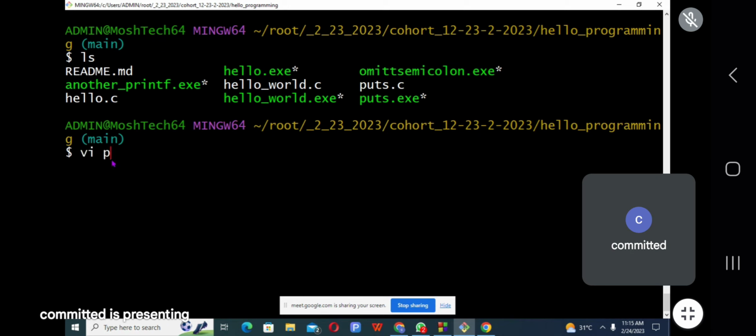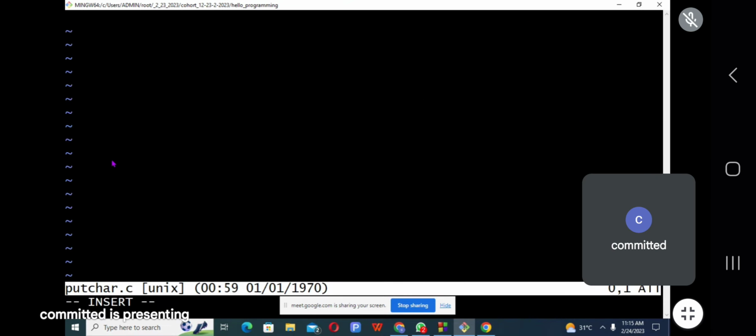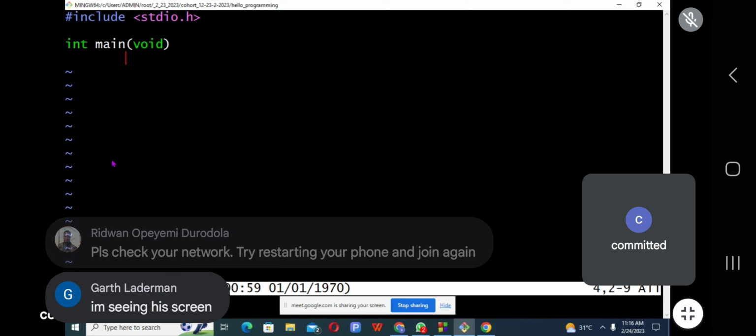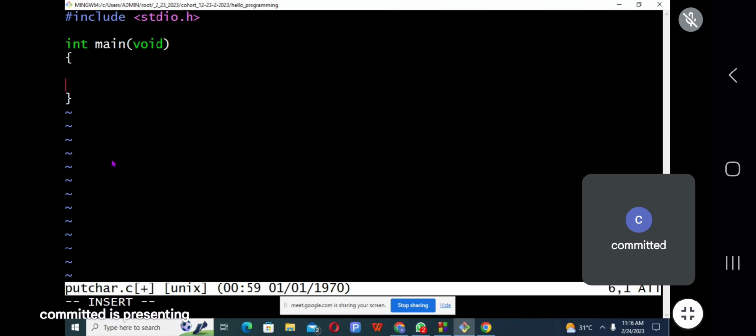All right, it's gone. So let's see if putchar will be able to print all these characters for us.